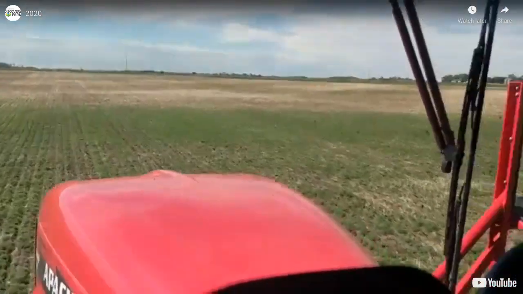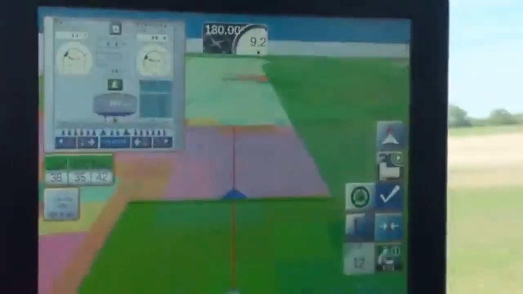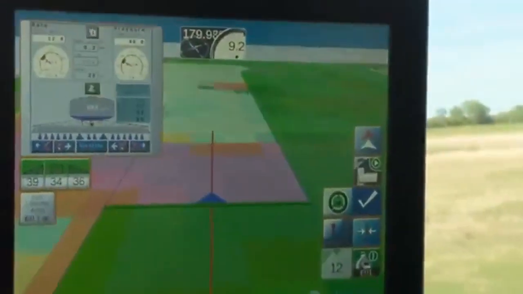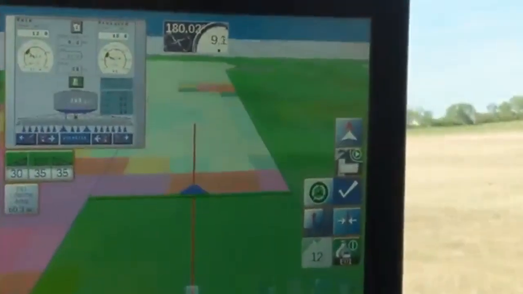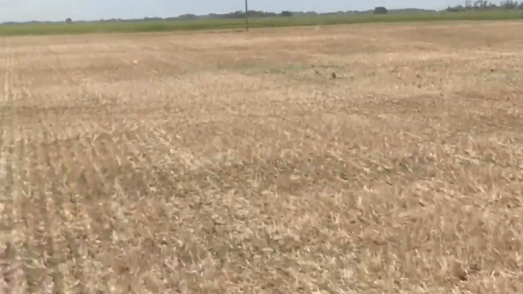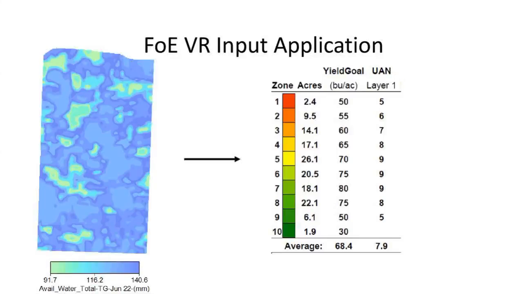So what you're seeing here is we're going into the area of high weed pressure. If you look at the monitor, that purple area on the screen is our high rate of 1.62 liters per acre. And now as we go to the lower rate of 1.35 liters per acre with the green polygon and scan back to the field, you can see very clearly much less weed pressure in the field. So now I'll just go back to our presentation. And I just wanted to illustrate that it's just a great practical example of how you can get that variable rate input application informed by your data.